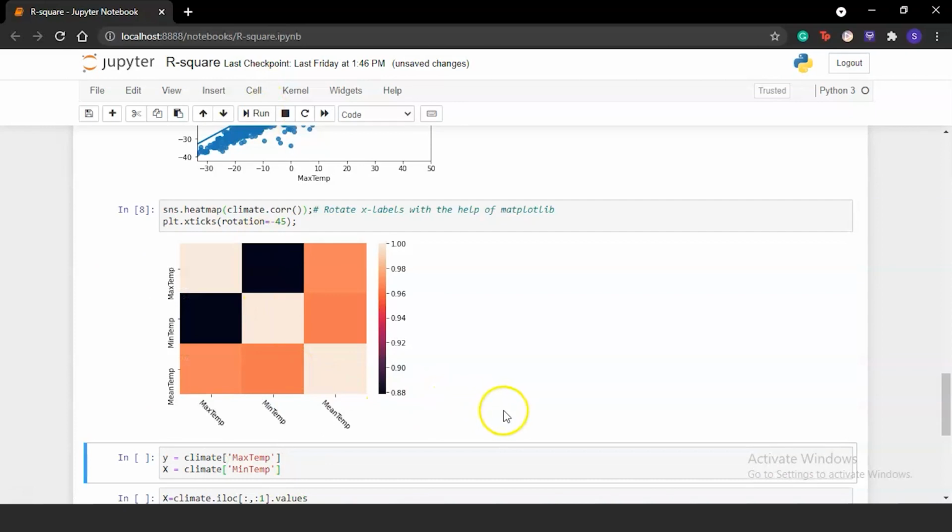Now let's plot a heat map to see how these values are correlated with each other. So the correlation is basically used to find which values affect each other linearly, or which values when changed will also affect the change in other values. So over here, as you can see, minimum temperature and maximum temperature have a correlation of 0.88,